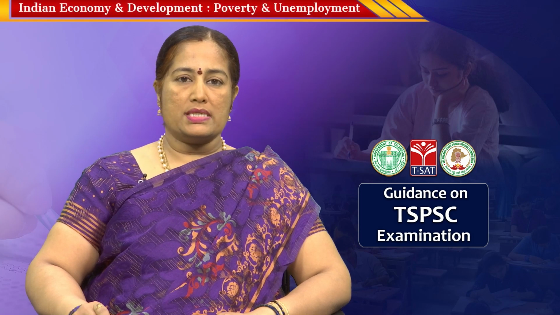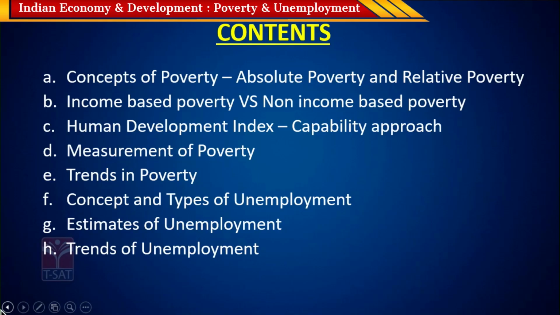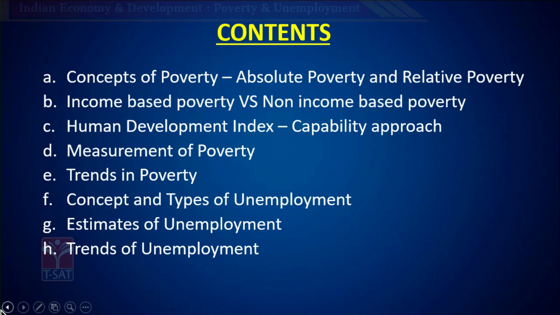In poverty and unemployment, we try to cover the following contents. The first one is concepts of poverty, where we check out what is absolute poverty and relative poverty. Apart from absolute and relative poverty, what are the new developments which have taken place in recent years pertaining to the evolution of modern concepts of poverty, income-based poverty and non-income-based poverty, which has become the talk of the world in recent times, Human Development Index and Capability Approach, which was developed by Amartya Sen,